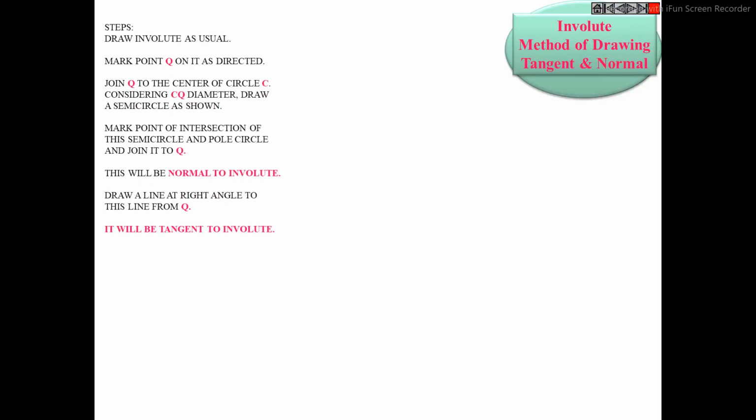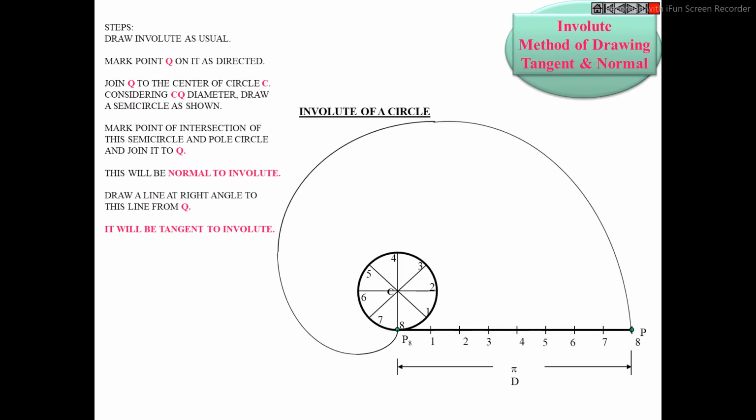So far what I know, I know how to draw an involute of a circle for all the three cases. Here I am showing you the method of drawing tangent and normal for the first case, when the length of the thread is equal to the circumferential length. For the remaining two cases also the same method will be applicable. So the first step is, first of all you generate the involute curve. So we have generated the involute curve. Now we need to draw a tangent and normal to this curve.